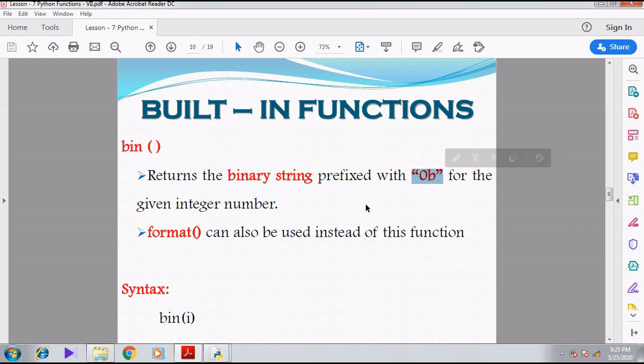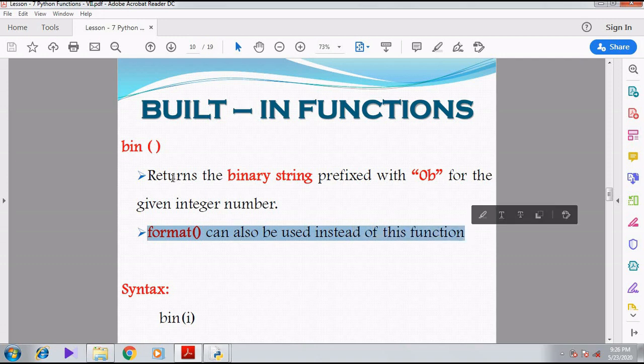Whatever number we give, that particular number is changed to binary. You already know how to convert a decimal number to binary. Binary means zeros and ones. Whenever we give some integer number, it will be changed to binary and prefixed with 0b. You can use the format function instead of this function.